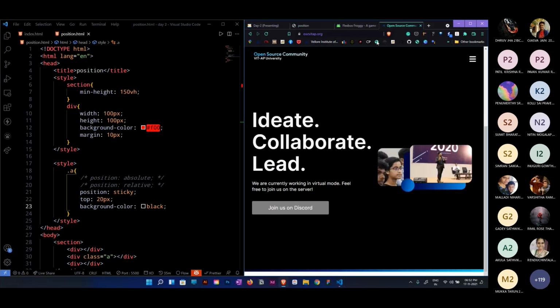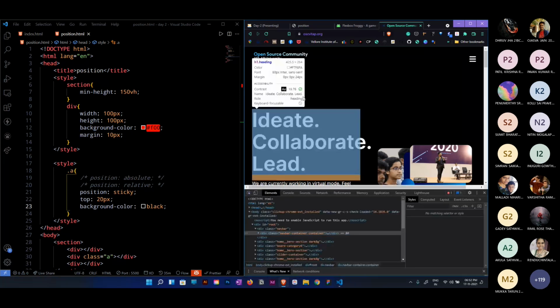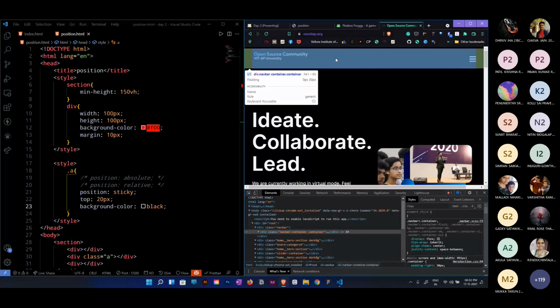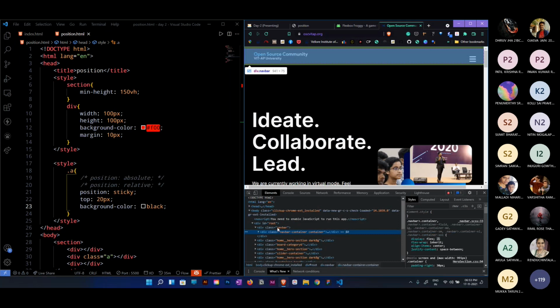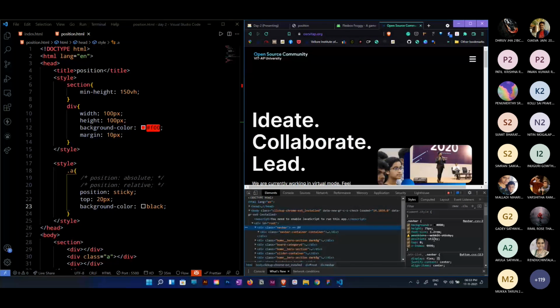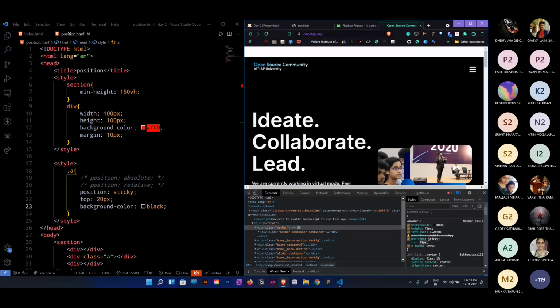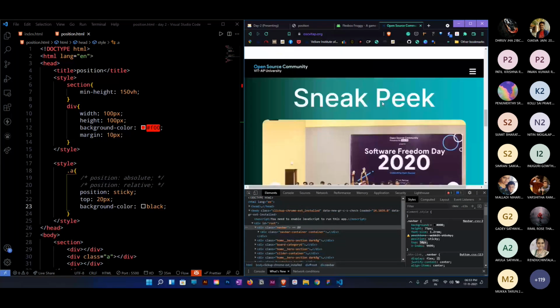Let me explain on the OSC website. I will target this particular navbar with the inspector. It's already using position sticky. What I do is increase the top value, let's say to 50, and if you see, it sticks at the top value of 60.